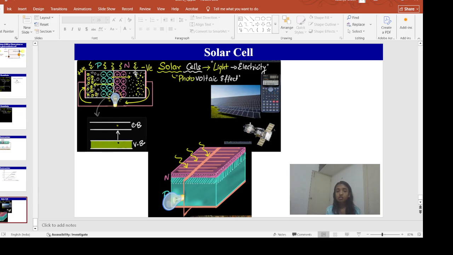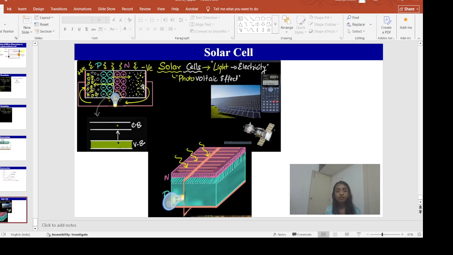So these electrons will get accumulated in the N side, and these holes will get accumulated in the P side. So you can see a voltage difference is getting created between these. Here we have the electrons and here we have the holes, so a voltage difference is getting created in your device. Now, on the N side you put a metal contact and on the P side you put a metal contact. Why do we put a metal contact? So that we can connect this device to some external device, and here we are connecting a bulb.